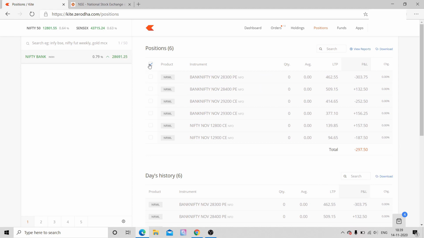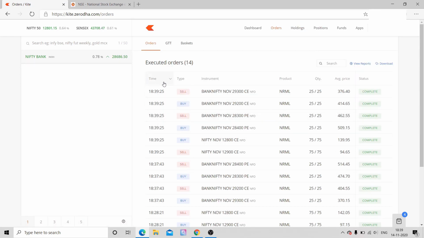For now, this basket order is enabled for web version only. For those who are only using mobile, they don't have a laptop or computer, they still can use this basket order, but you have to log in using the web version, not the mobile app. You can create your basket and execute using the web version. Later on, you can track all those trades using your mobile app. So that is the workaround for now for mobile users.